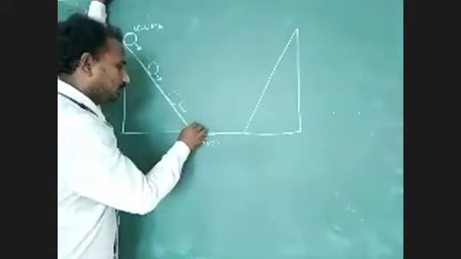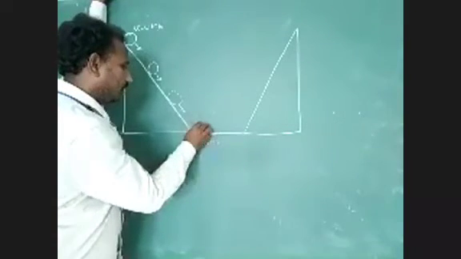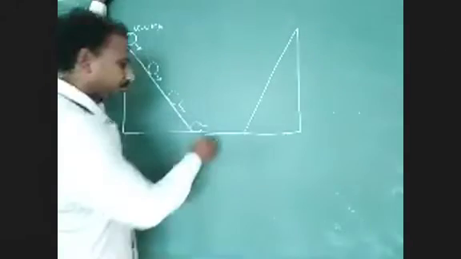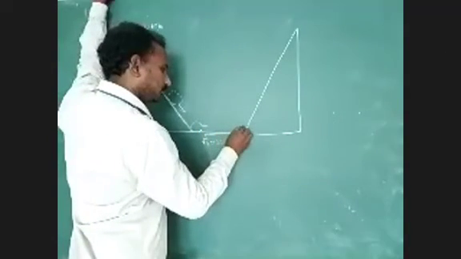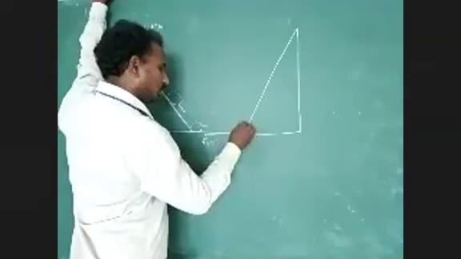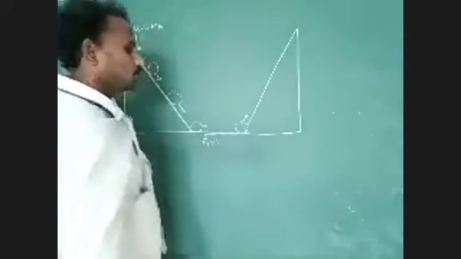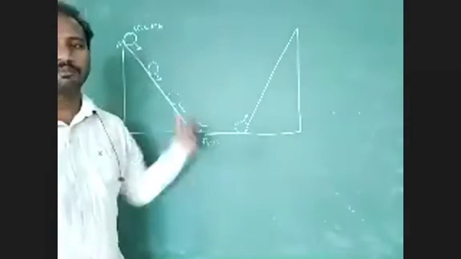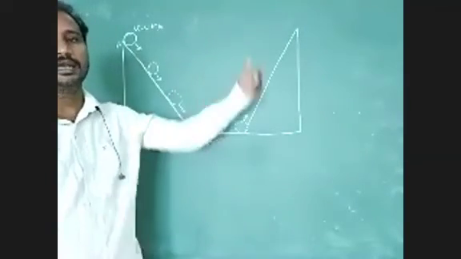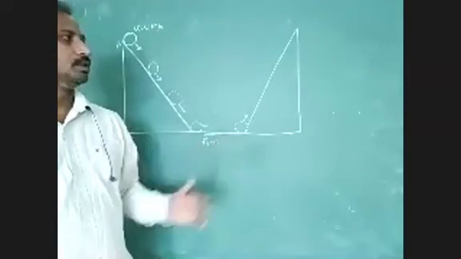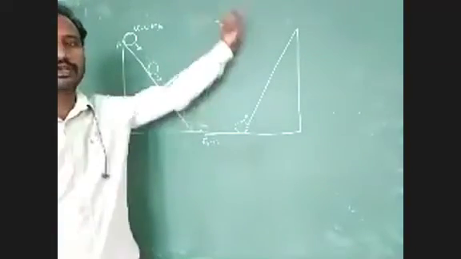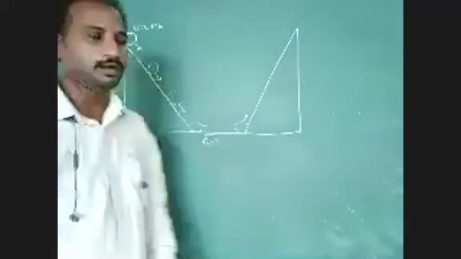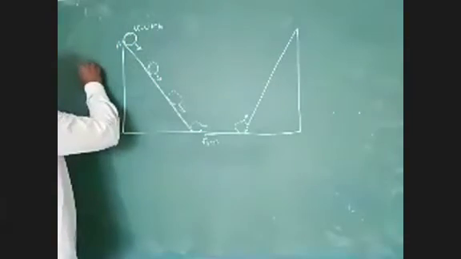Next, it reaches the ground. After that, it will continue its motion in a horizontal direction. Next, we have to identify up to how much height this body moves on the second inclined plane surface, and up to how much velocity it can move. You have to find out this logical point.